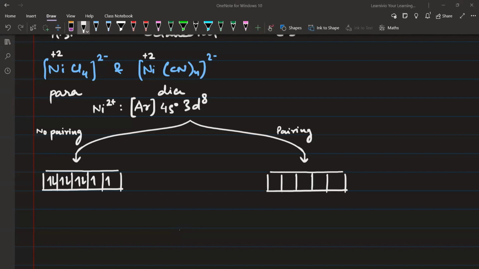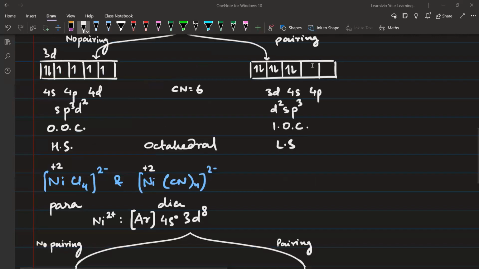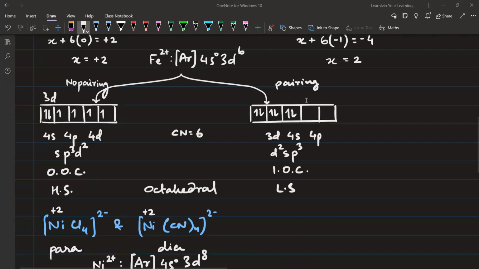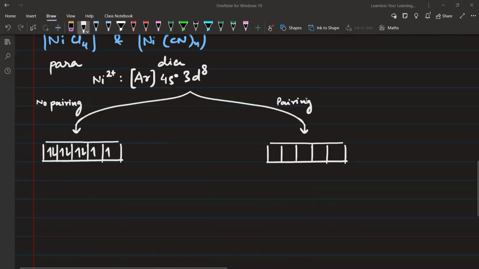No pairing does not mean that there will be zero pairing. Pairing will occur only when needed because we have to fill 8 electrons, and the other electrons are going to go somewhere, right? So obviously pairing is going to happen for that. We are not doing the pairing by leaving the orbitals vacant as we were doing initially. What does pairing mean here? You leave the orbitals vacant, starting from the beginning, and do pairing. For example, in this case 3d8, when we are going to do pairing, we will do it like this: